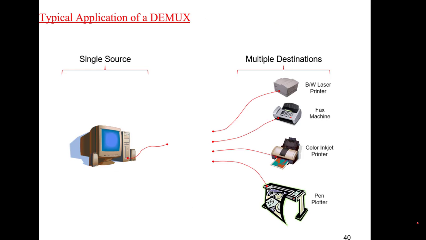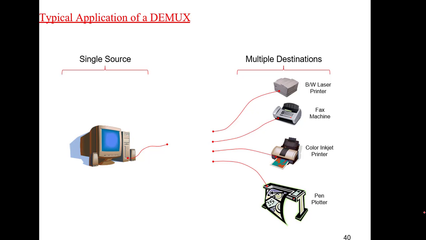Now what actually is a demultiplexer? Its name itself says it's the opposite operation of the multiplexer. Suppose one example I have taken, I have a computer. From the computer I have to send to a black and white laser printer, fax machine, color printer, or pen plotter. So how do we send all this from one to another? This method is usually called a demultiplexer. Always remember, a demultiplexer always has one input and many outputs. Okay, one to many. Multiplexer is many to one. Demultiplexer is just the opposite operation. What is it? One to many.